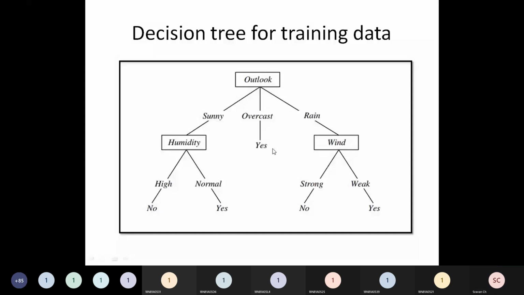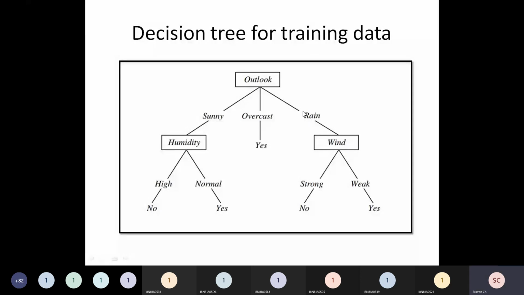So first identify what will be the root node. In our example, the root node is Outlook. How Outlook became the root node, we have seen the entire process. Now, how many children will the root node have? That depends on how many different values the root node has. Outlook has 3 different values, so there will be 3 children coming out of the root node: sunny, overcast, and rainy.